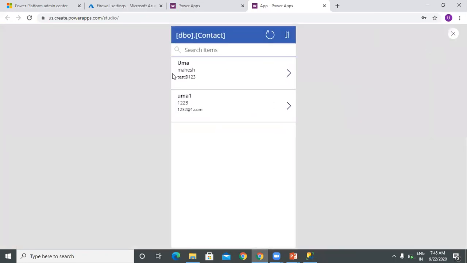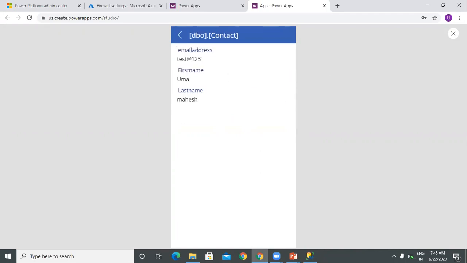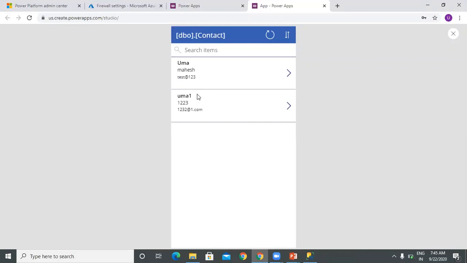You can see here the name and these things, and everything is generated. Now if we look at the edit and insert, these won't come out when you create the app from the default app from the SQL source. So we have to make some changes. Those changes we will be discussing in my next videos.